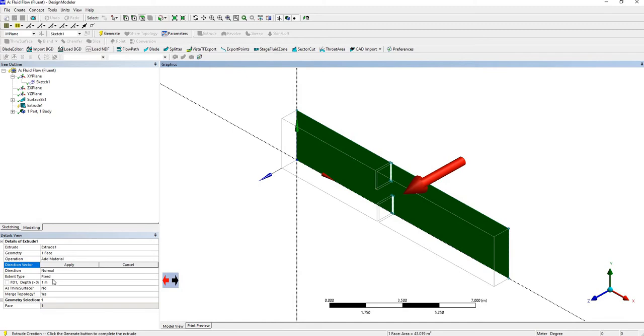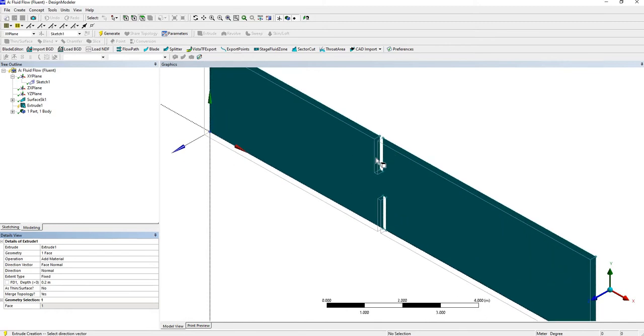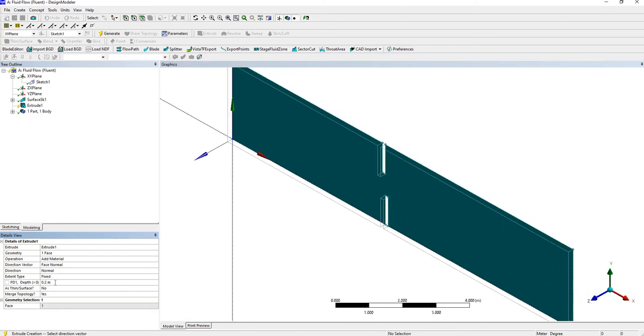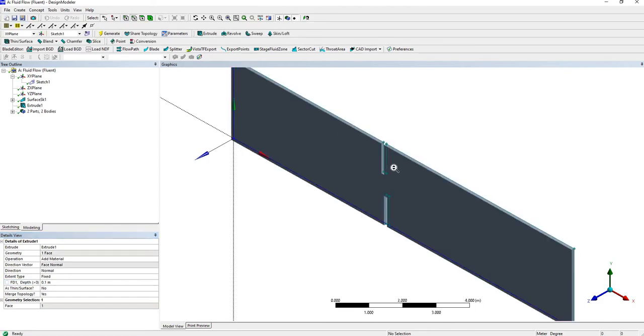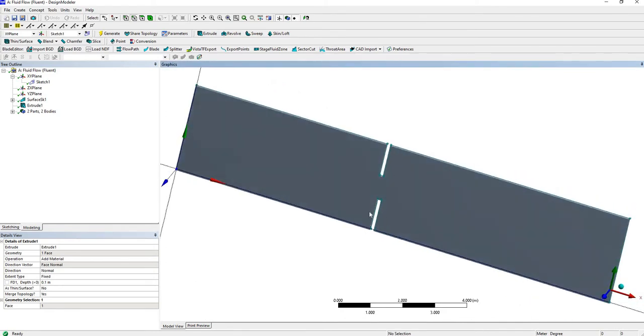So it would be like this, maybe 0.2 meter direction. Okay, I didn't press apply, so this would be like this, very small thickness. Let's actually reduce it to 0.1. Okay, and generate. So this is our fluid body, and for solid, these slots would be our solid,